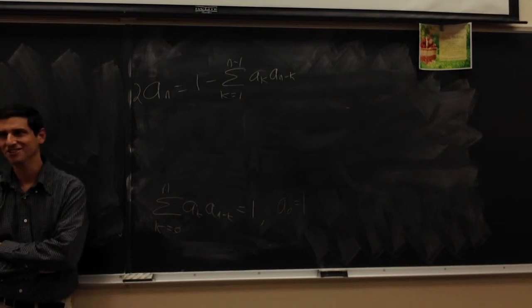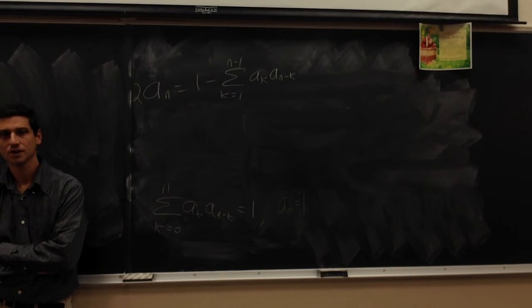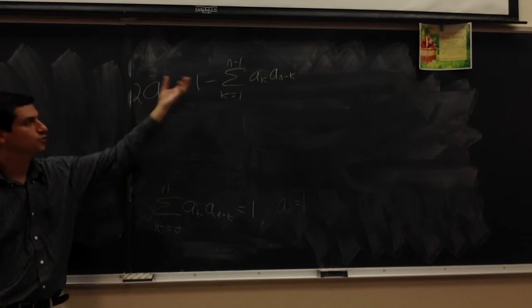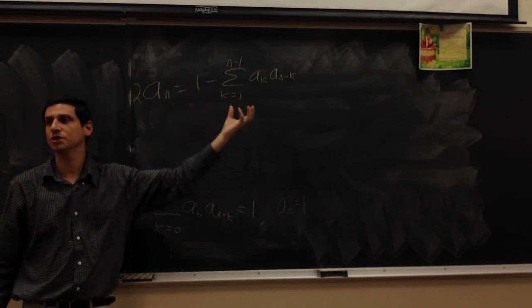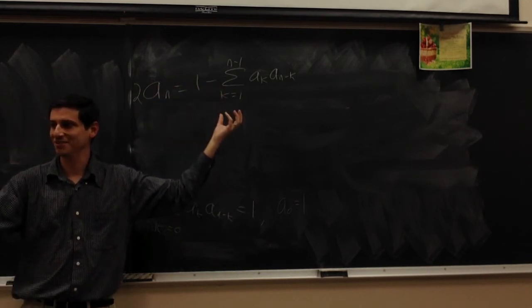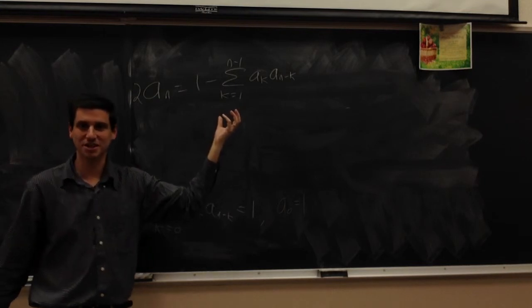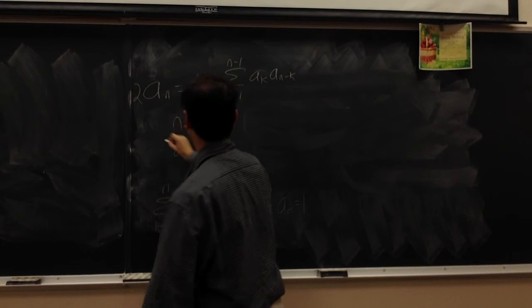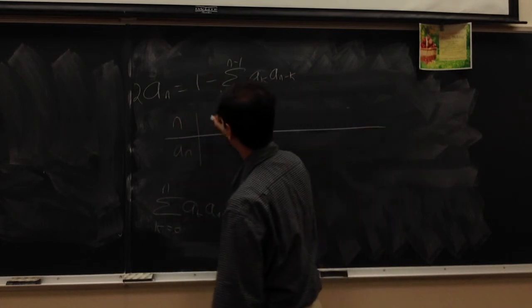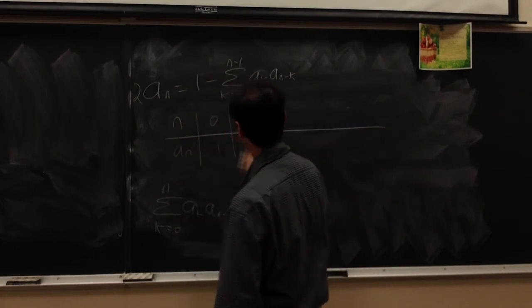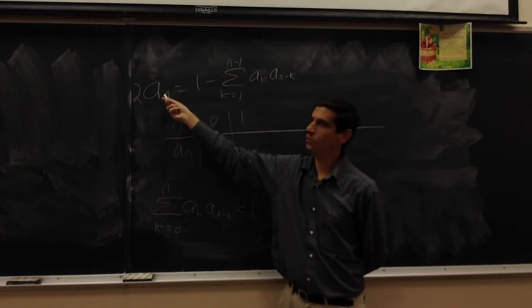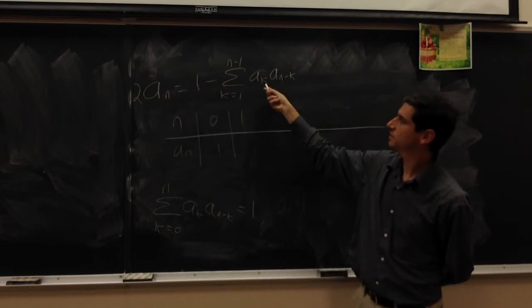It's not induction. It'd be nice if the index started at 0. Right, but I'm saying I have a sequence. I give you this formula for a sequence. I'm trying to figure out what the pattern is. What should I do? Generate some terms, right? Here's n, here's an. When n is 0, it's 1. When n is 1, we get 2a1 is 1 minus the sum of